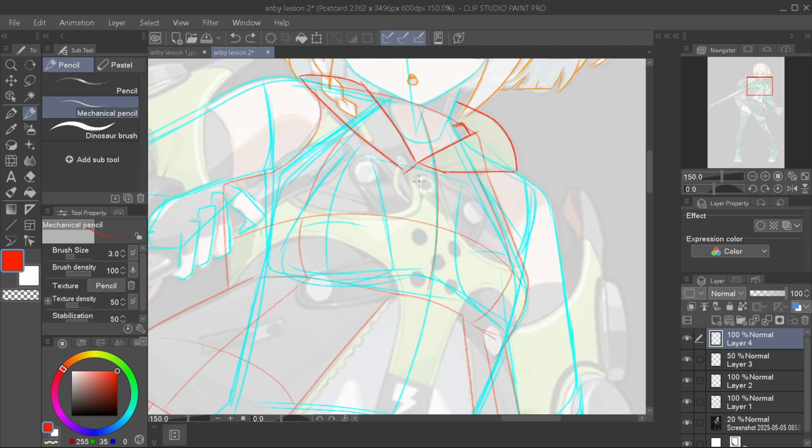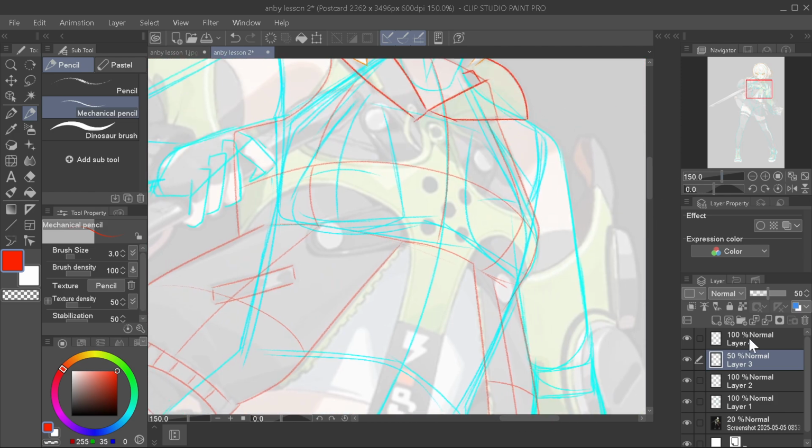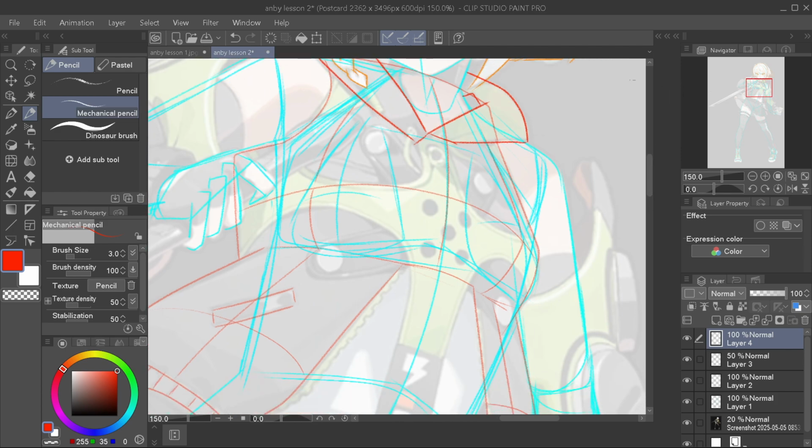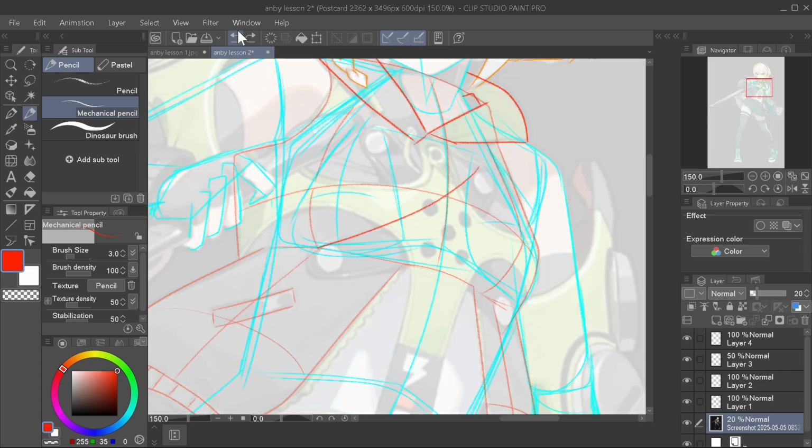Okay. Now the question is, did they do these straps next? They'd have to. They'd have to have done those straps next. Go back to layer 3 though. There is a pocket here. I think they would have drawn that at the time that they would have made those. Back to layer 4. Okay, so this strapping here. Just trying to make sense of it. Let's get that opacity up a little bit. I'm going to draw this again,